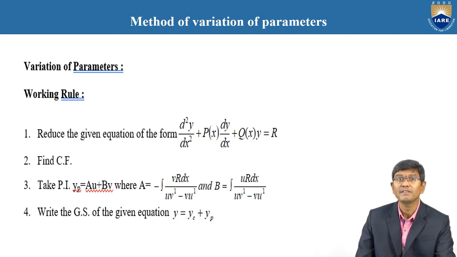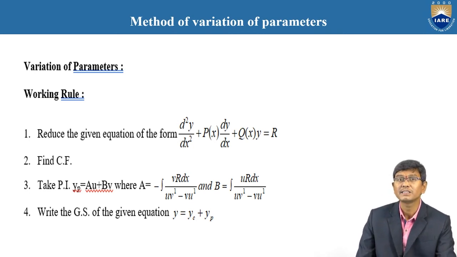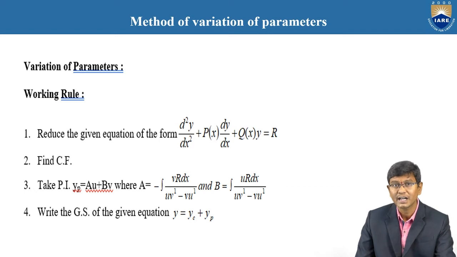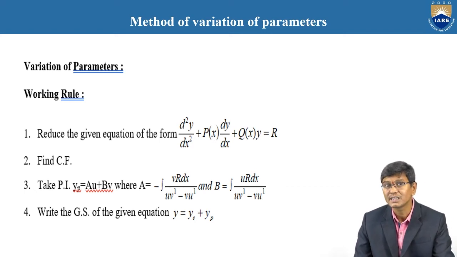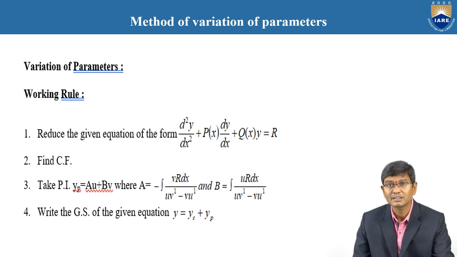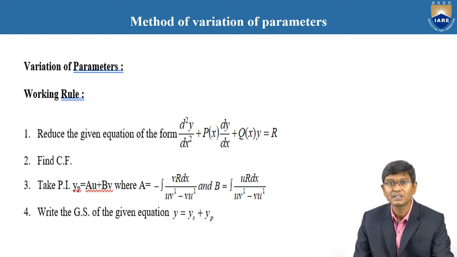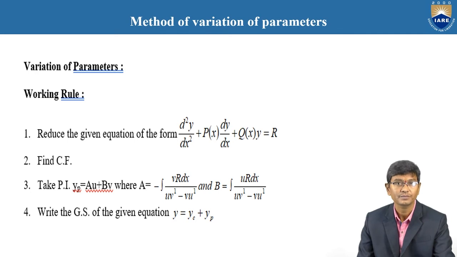When we observe the previous method, that is, the previous concept, uv dash minus v dash is indirectly a Wronskian. Here the Wronskian is nothing but finding uv dash minus v dash, but we are going to follow only the terminology. And the final step, the fourth step: after finding that particular integration, we write the general solution of this given differential equation as the addition of the complementary function and the particular integration.